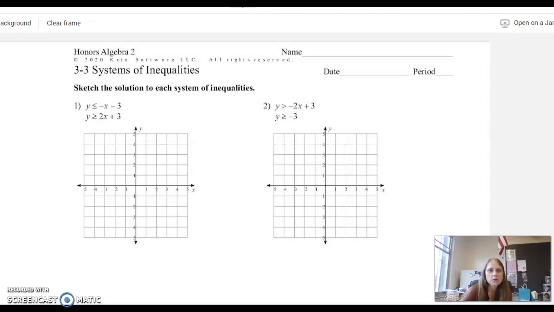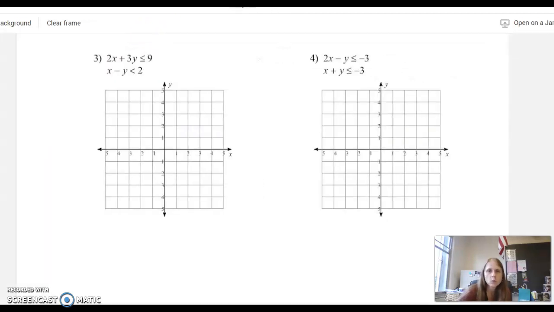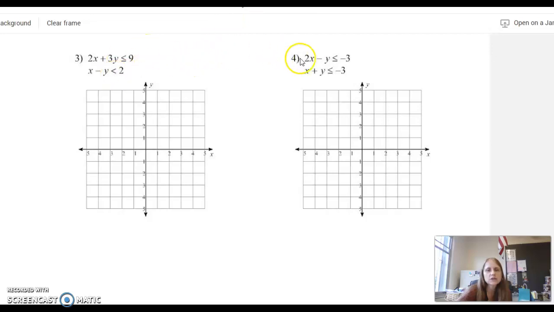Hey, this is instruction for 3.3 systems of inequalities. Unlike equations, you're looking for numerous answers that could happen. Problems 1 and 2 here are already in slope-intercept form, so you would just go ahead and graph them and then shade the area that they have in common. So we're going to look at the two more difficult ones, just because these two aren't in